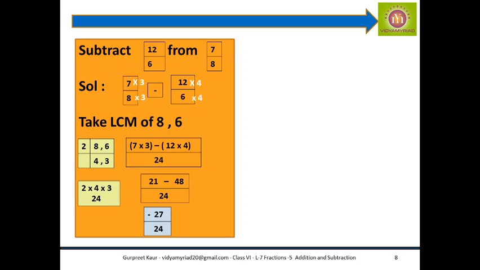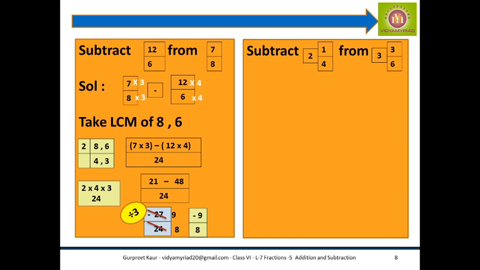So don't forget to put minus sign. Your 48 is a bigger number. You will subtract it, but sign will be of minus. Please children, go through the integers video. You will really have lot of practice over there, and you can do this in a better state. Now divide it, cut it. It will go on 3 table. Your answer comes to minus 9 upon 8.